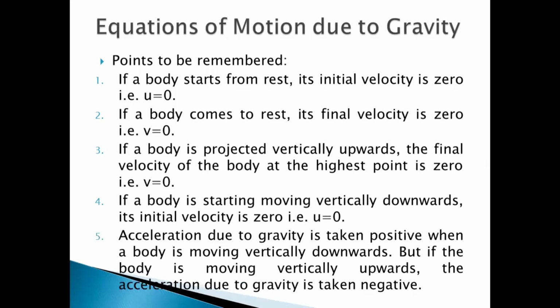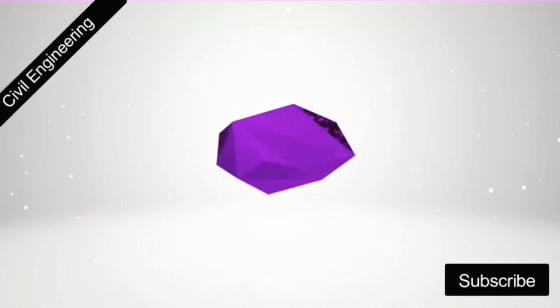Acceleration due to gravity is taken positive when the body is moving vertically downward, but if the body is moving vertically upward, acceleration due to gravity is taken negative. This we also have seen in the table. So these are the different points that need to